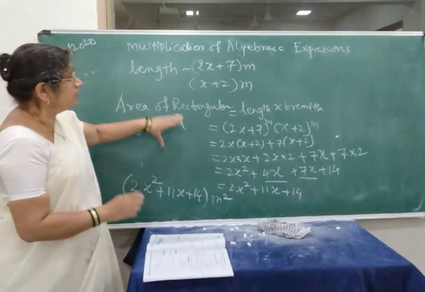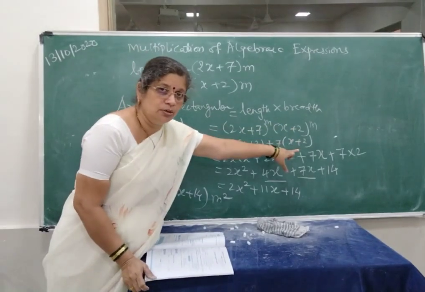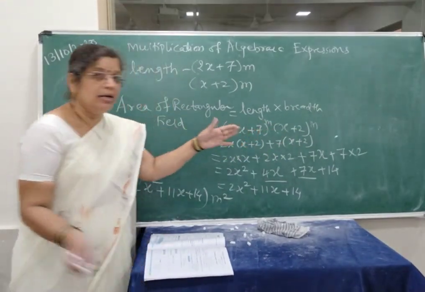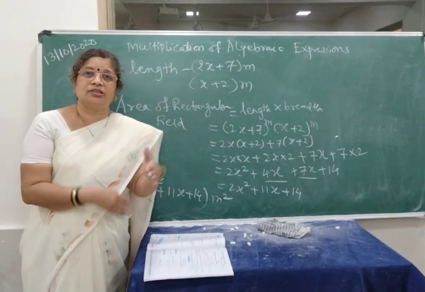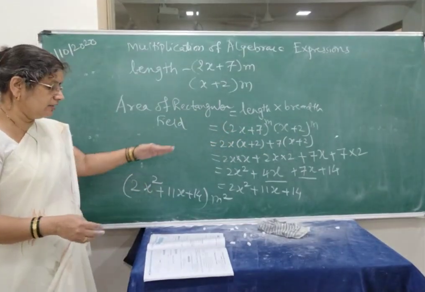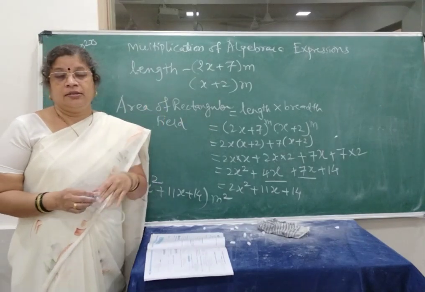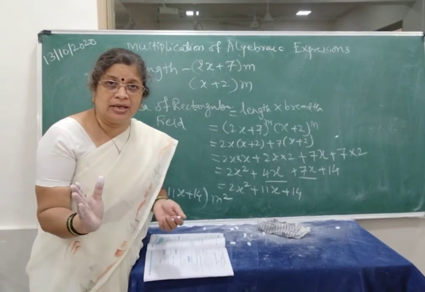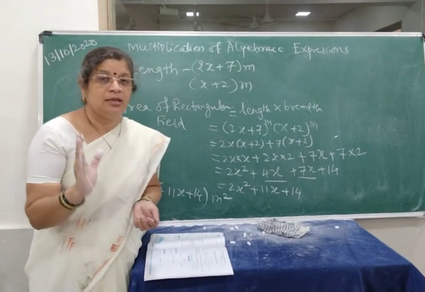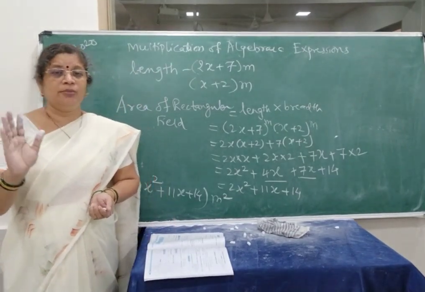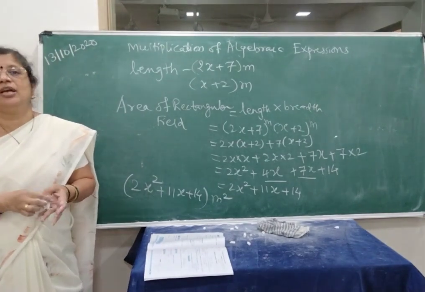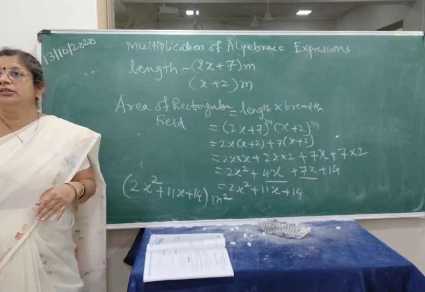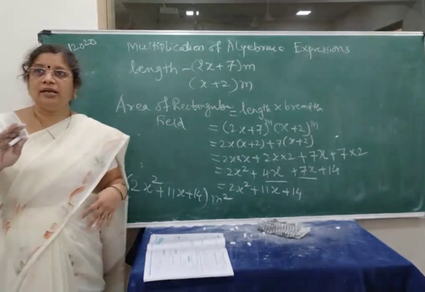Have you understood this? That means length into breadth you have to do. Then you will take one term, multiplication, like terms together, addition, subtraction, everything will be there, and you will get the final answer. Today we have learned about multiplying monomial by monomial, binomial by monomial, and binomial by binomial also. In the next lecture we are going to see the exercise, practice set 35. Okay, thank you.